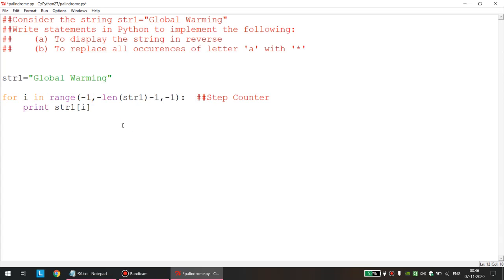Okay, because why I did this, let us explain now only. Normally when we execute the loop in a positive manner, suppose length is 10, I am writing 0 comma 10, and you know how the loop executes: starting value comma ending value plus 1, correct.